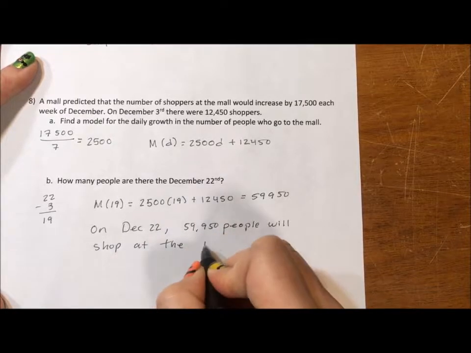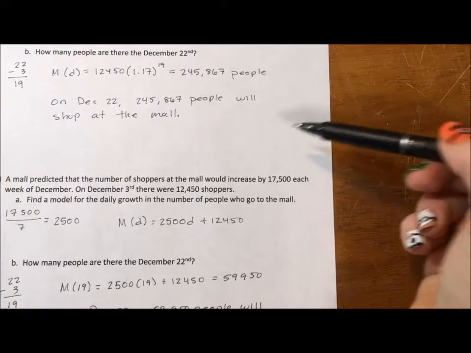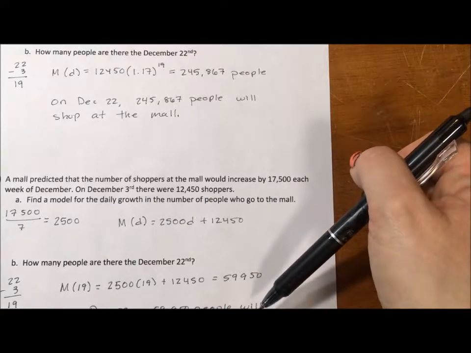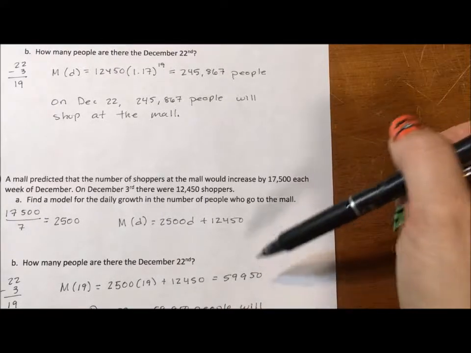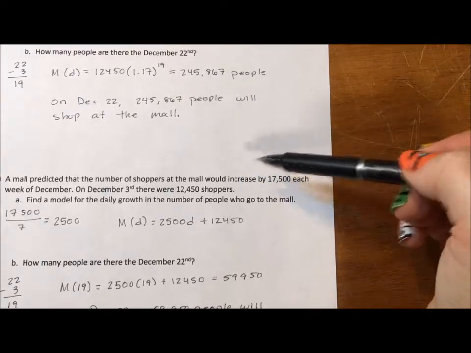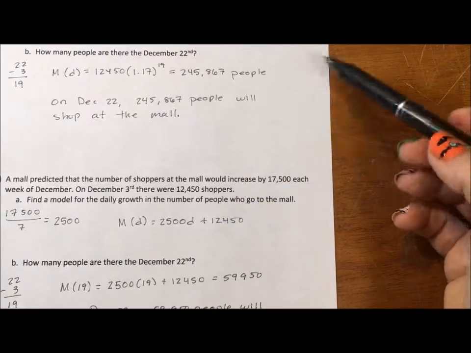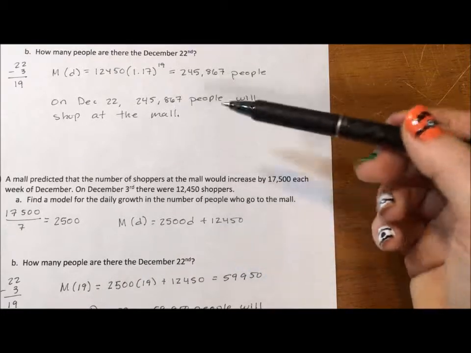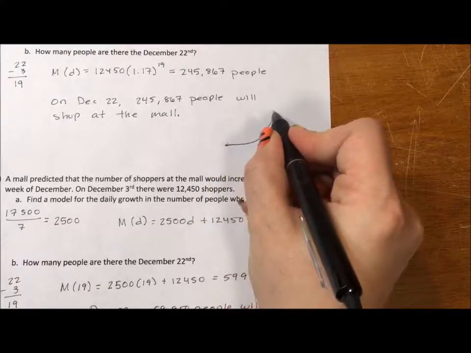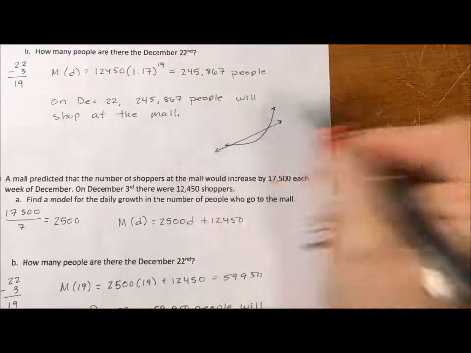If you notice, here is the stark difference between exponential and linear. Up here, when we did the same problem with exponential, we ended up with almost 250,000, where with linear we ended up with just over 50,000. So the exponential had a huge impact on the population. In the short term, if we had just done a few days, there may have been very little difference. The addition would have grown faster than the multiplication. But there is going to be that point where your exponential model just skyrockets and no amount of linear is going to be able to keep up with it.